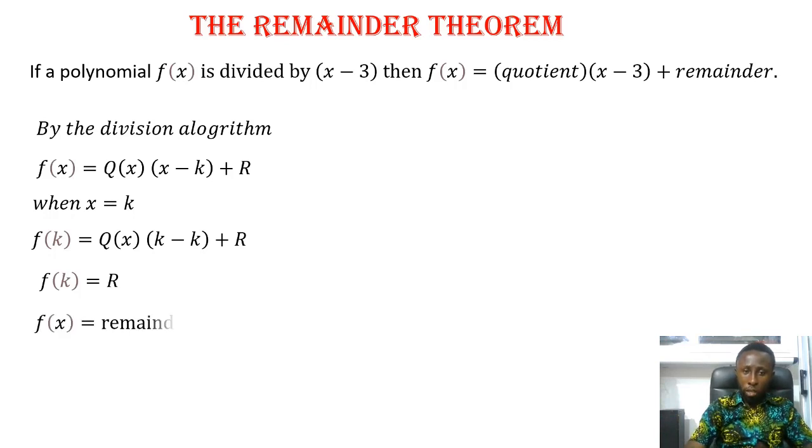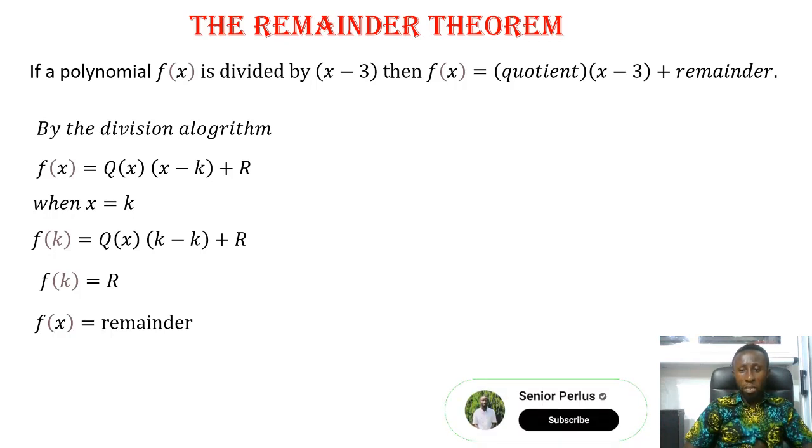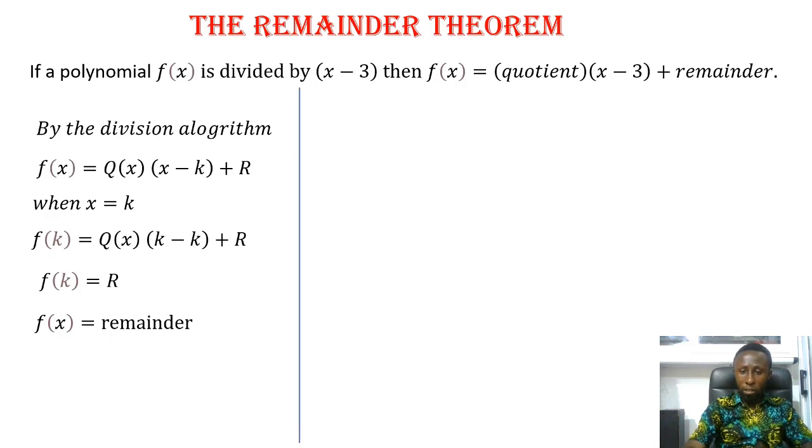So f of s equals remainder. So if you substitute, we get the remainder, right? Or with the remainder, if you substitute something in there, we will get an answer there, right? So let's